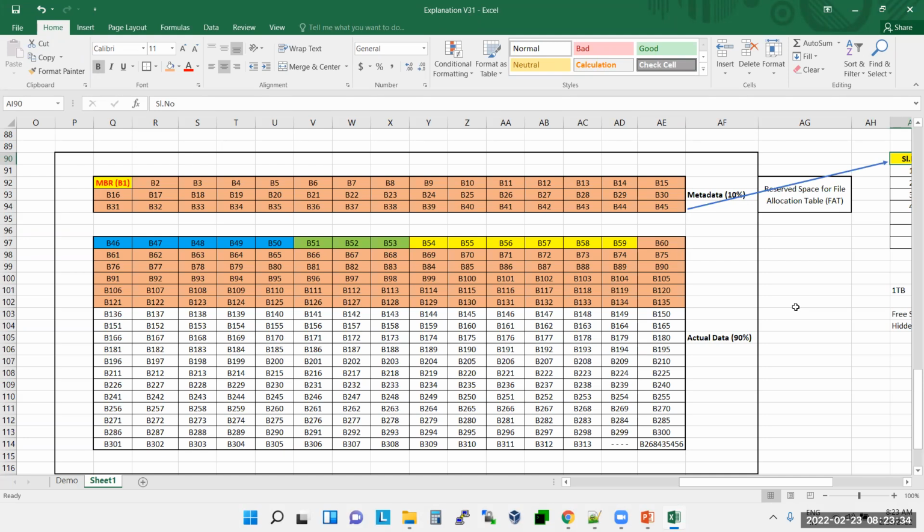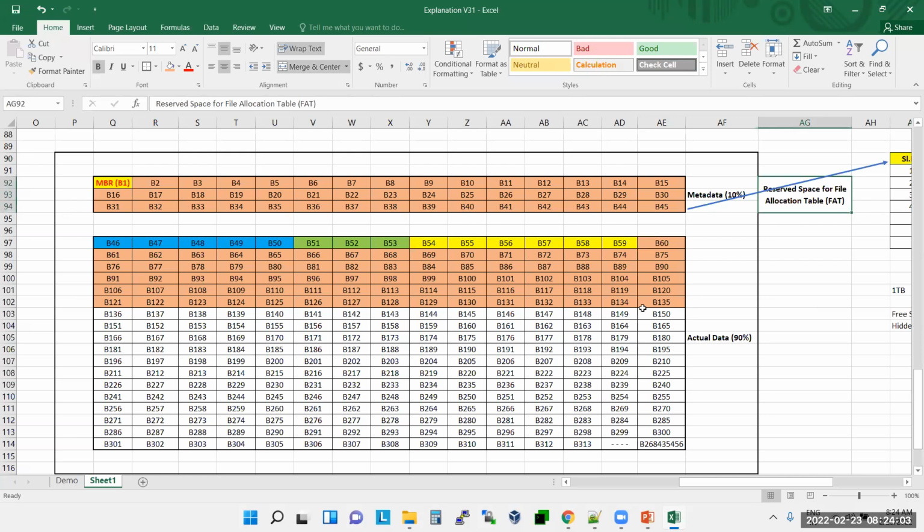If you buy a mobile with 128 GB storage, and you see the total space, will you see 128 GB? No, sir. Nowhere in the world will you see the full disk. If you say 1 TB, you will not get 1 TB. In that 1 TB, 10% space will be reserved for metadata.